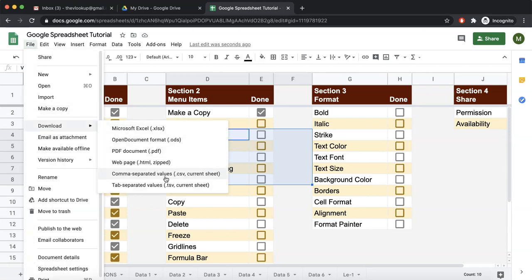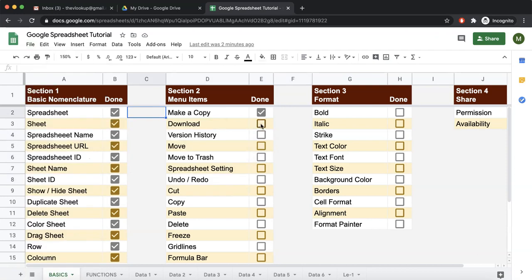Other, we have comma separated value, CSV, tab separated value, TSV. Web page, right now, I don't know if you know HTML. So basically you can download the entire thing and you get an HTML page of the data. So we are not going this route right now because we are not doing anything for web page. This you can use, like download as Excel or download as PDF. So you should know how to use it.